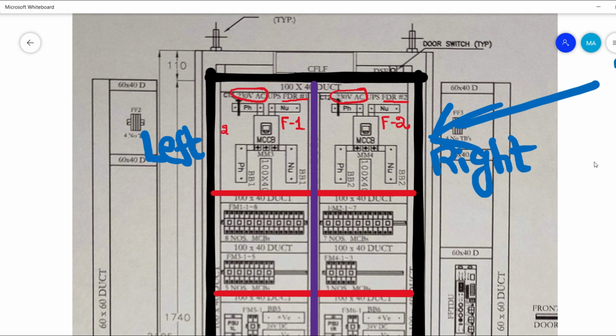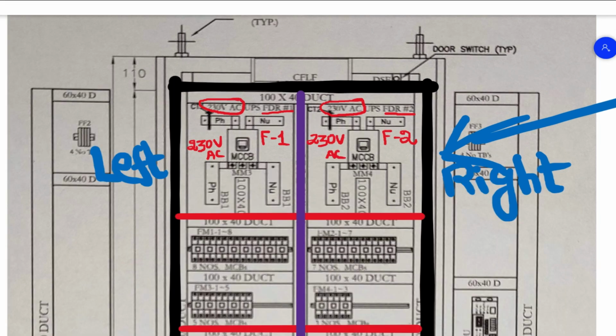In the left section, we have the feeder 1 230 volt AC power system. In the right section, feeder 2 supplies the 230 volt AC power. This is for redundancy: if any electronic component fails in the feeder 1 section, feeder 2 will take care. That's the basic idea of redundancy.